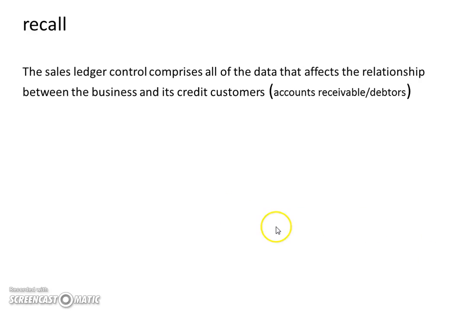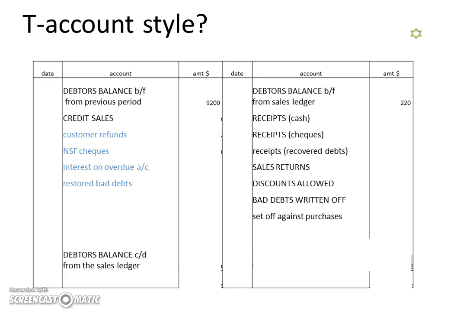So back to the question, back to our layout. So let's put in this information. We're going to put in the credit sales and all those things, subtract the debit side from the credit side, or rather take the credits from the debit, and that should give us our balance, which is what we're looking for. All right, so credit sales,